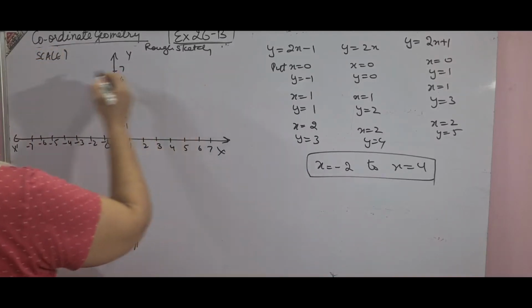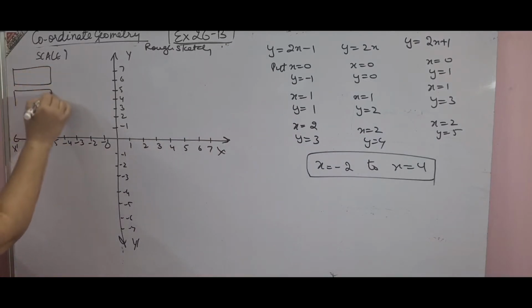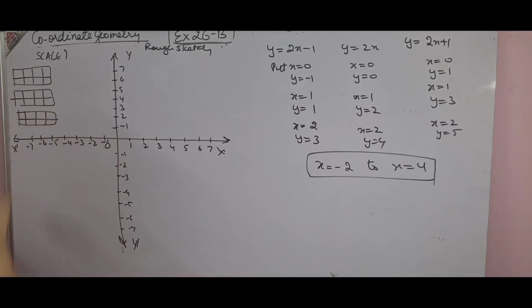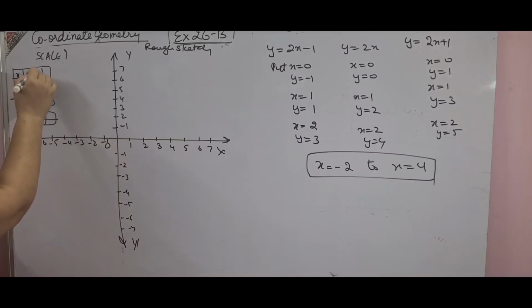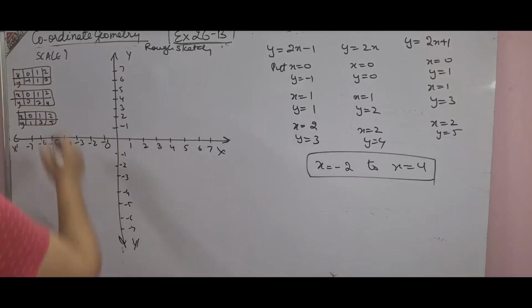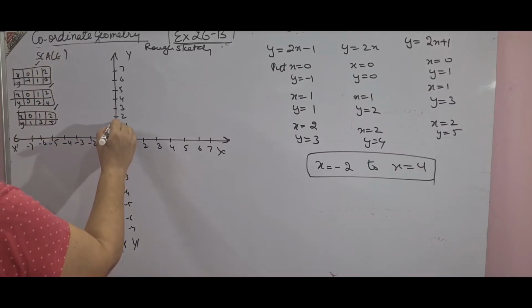Then the tables: all the 3 tables are to be made on the left-hand side. This you also know because I have already explained it in previous questions. So you know now how to present the graph in ICSE. For example, this is x, y, again x, y; I have 3 equations. First is 0, minus 1; 1, 1; 2, 3. Then 0, 0; 1, 2; 2, 4. Then of course 0, 1; 1, 3; and 2, 5. You have to write the equations on the top of each table. Then you plot it.